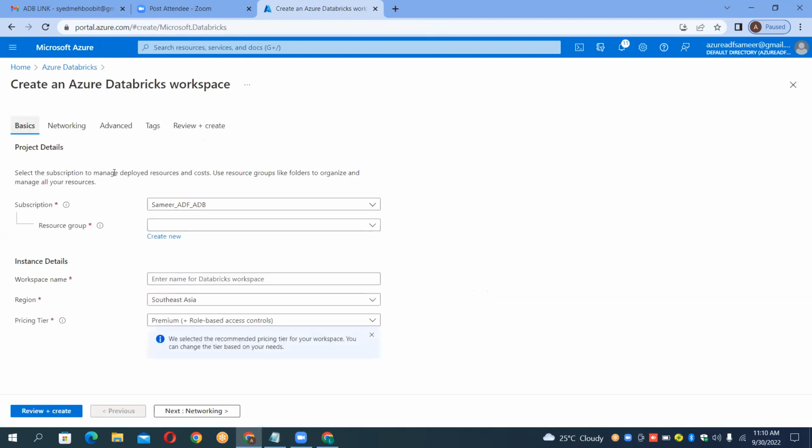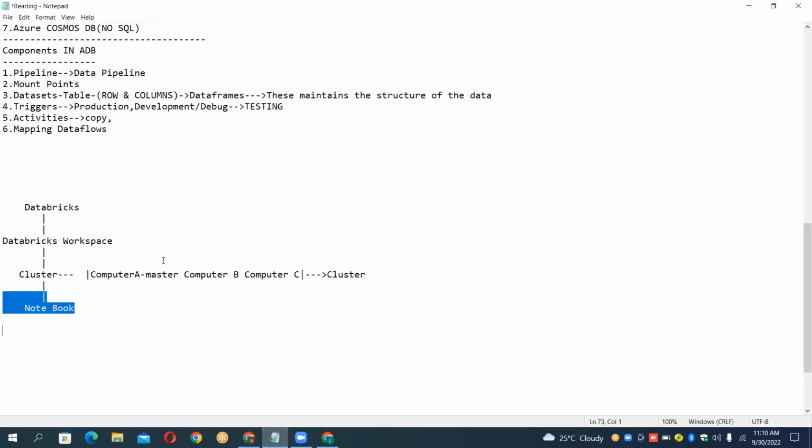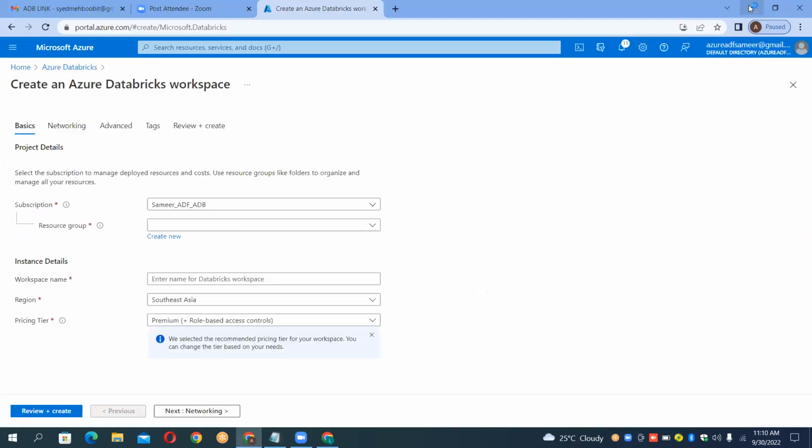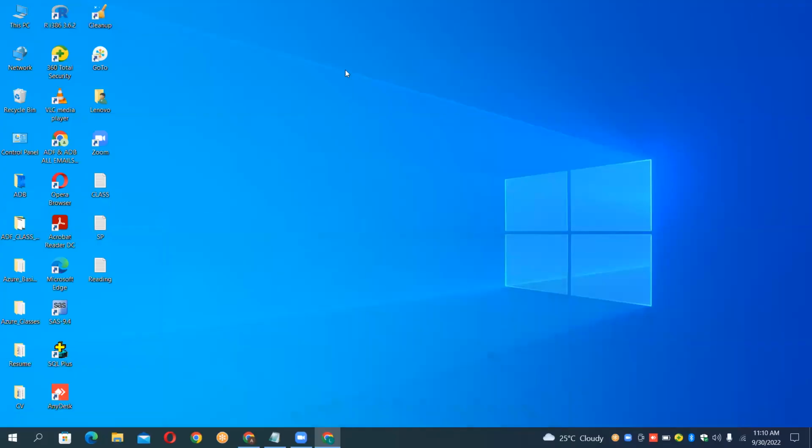Now, guys, this particular thing requires a resource group. What is a resource group? Let us see here first of all. I'm just taking you to the desktop, all of you.